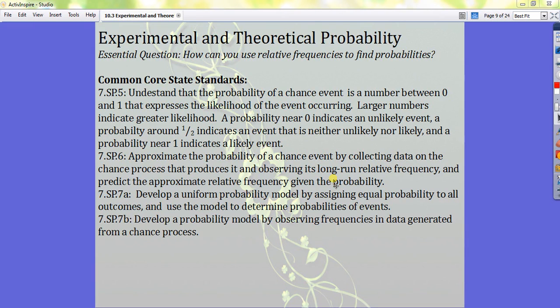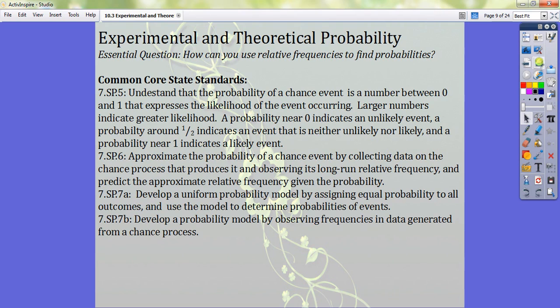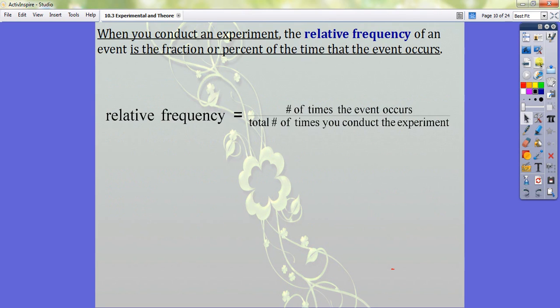So today we're going to continue our work with probability, lesson 10.2, and we're going to expand it to experimental and theoretical probability. Theoretical probability is the probability we've already been doing, but we're just going to give it a fancier, more mathematical name. So to start, when you conduct an experiment, as we did with flipping a coin and